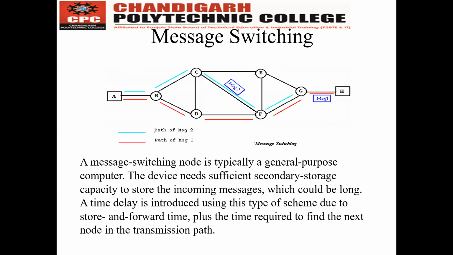And there is a diagram of message switching. A message switching node is typically a general purpose computer. The device needs sufficient secondary storage capacity to store the incoming messages, which could be long. A time delay is introduced using this type of scheme due to store and forward time, plus the time required to find the next node in the transmission path. And in this, the main thing is first it stores the data, then forwards the data after checking its destination